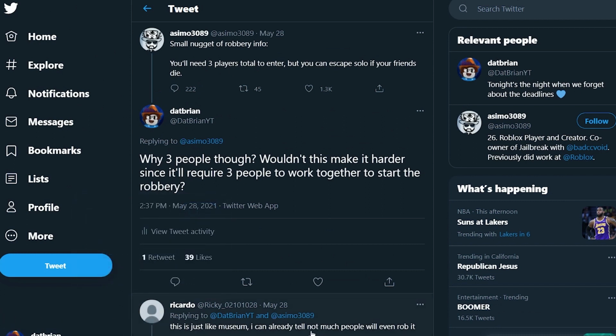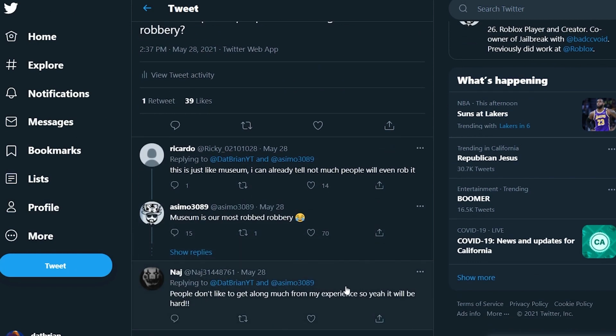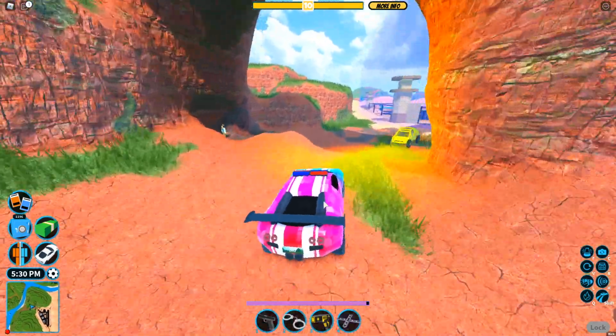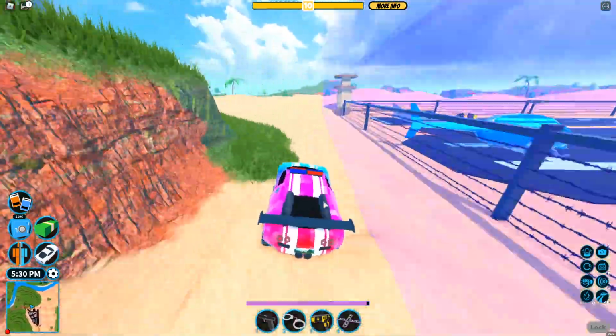I can already tell not many people would even rob it. And Asimo surprisingly replied back saying, "Museum is our most robbed robbery," with a laughing, tears of joy emoji, which I don't think is that surprising. I'm really not that sure what metric he's counting, like the amount of people that robbed it, or like the